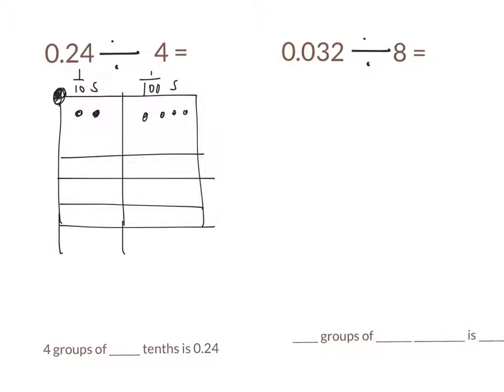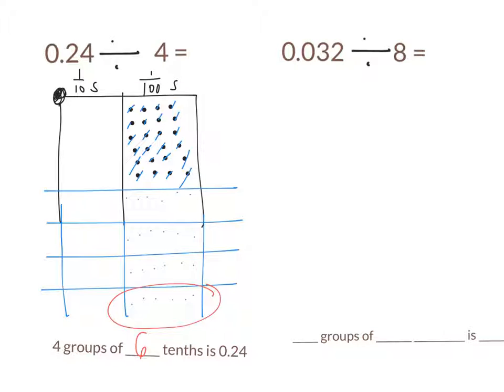Yeah. Okay, so what I want you to do on your own is draw 24 dots in the hundredths, show how you're going to share them into 4 groups, and then fill in this sentence at the bottom. 4 groups of blank tenths is 0.24. Go. So we can say that 4 groups of 6 tenths is 0.24. Therefore, the answer, 0.24 divided by 4 is 6 tenths, or in standard form,